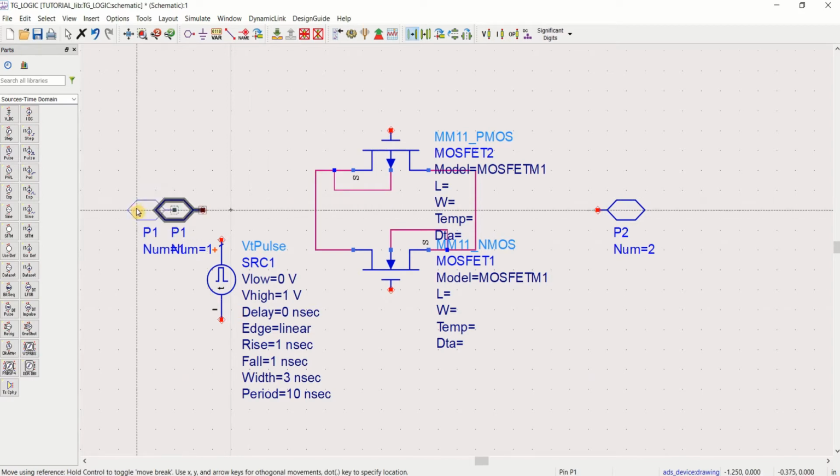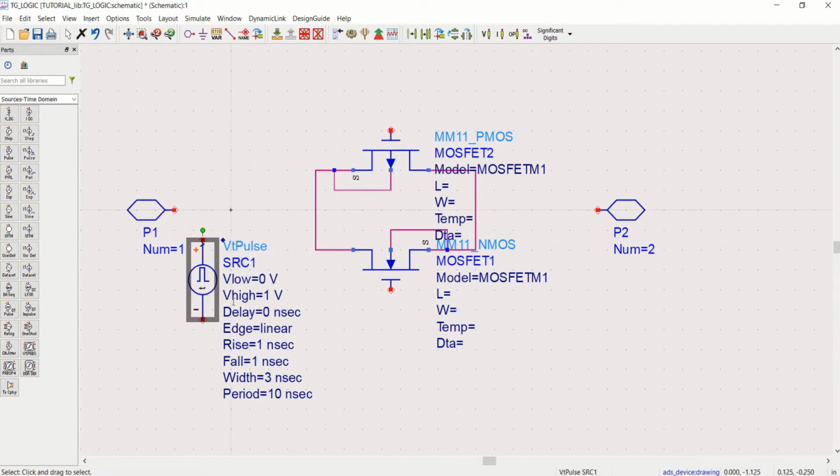Similarly, you need to place a source so that this transistor gets on. So I am placing one more source. Just copy it.